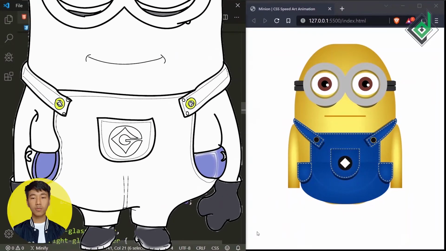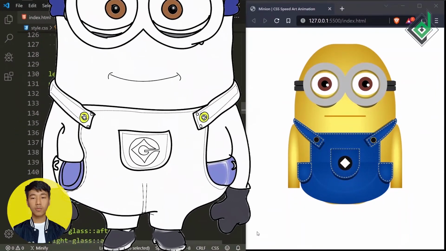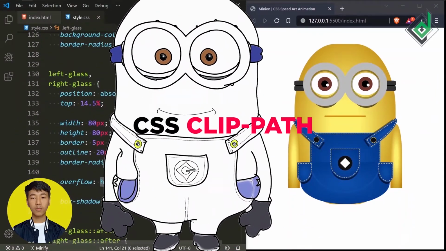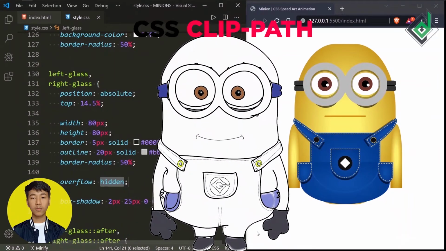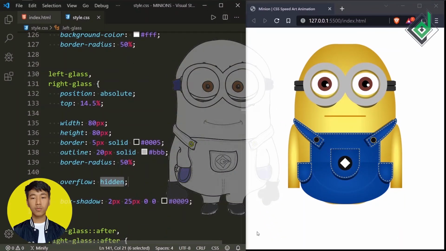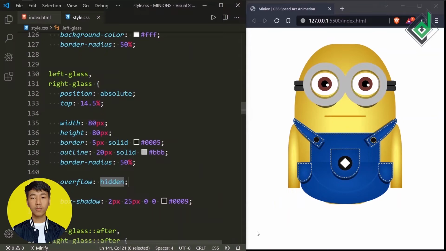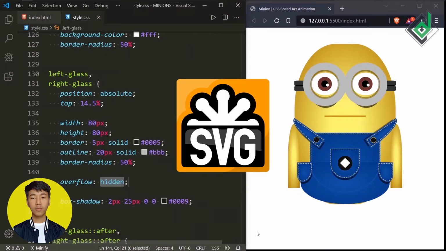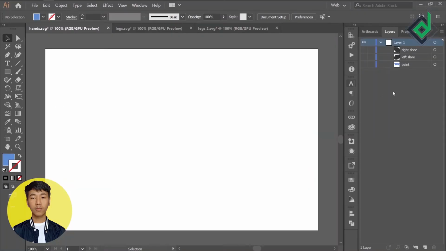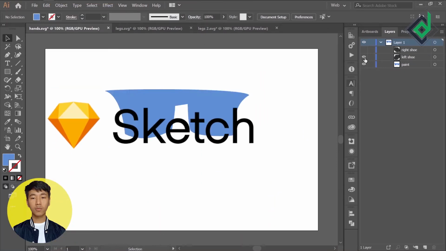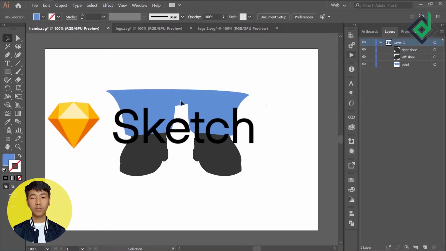As you can see, the hand gloves and the leg section are complex shapes. With the help of CSS clip path, we could create that kind of shape, but I would say that is a bit time consuming method. Rather, what we can do is take the help of SVG code. But how will you create that SVG code? You can use different tools such as Illustrator, Sketch, or my choice would be an online tool called Figma.